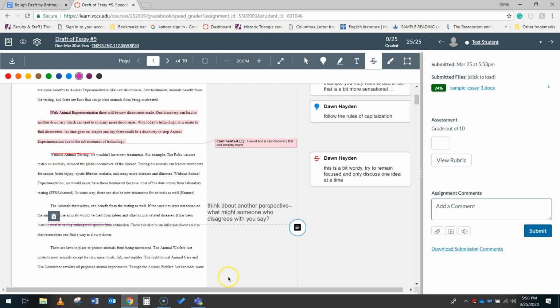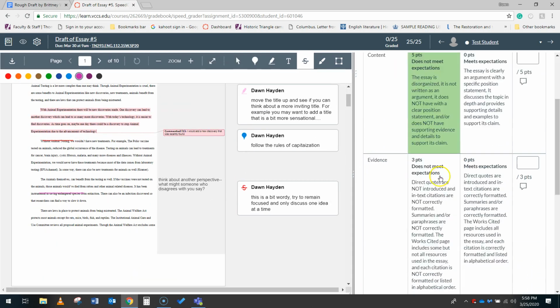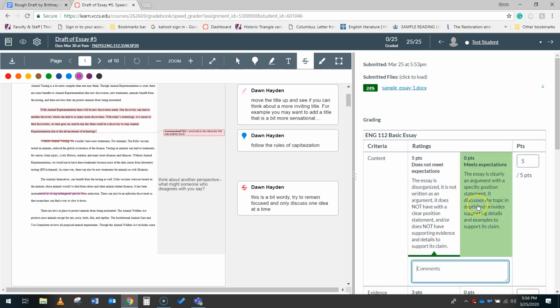So you can change that on those kinds of things. So now I want to go to my rubric. So I'm going to click on the rubric, and I'm going to go ahead and evaluate. I also have options here. So I've got my criteria, but I can say